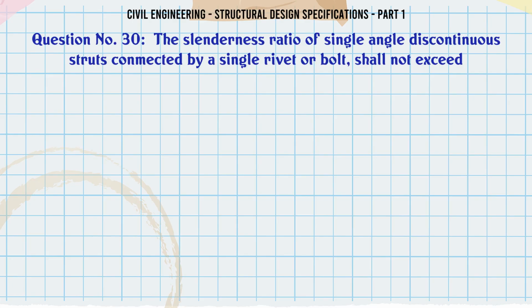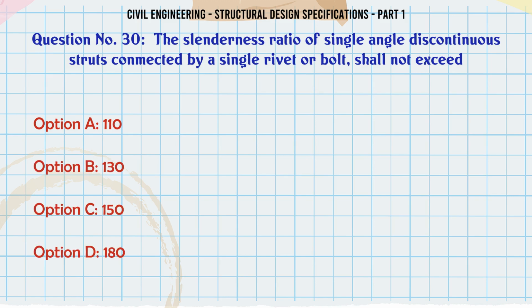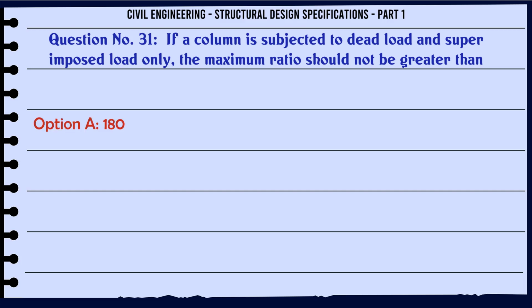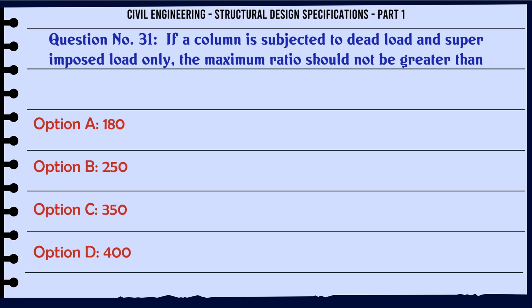The slenderness ratio of single-angle discontinuous struts connected by a single rivet or bolt shall not exceed A. 110, B. 130, C. 150, D. 180. The correct answer is 180. If a column is subjected to dead load and superimposed load only, the maximum ratio should not be greater than A. 180, B. 250, C. 350, D. 400. The correct answer is